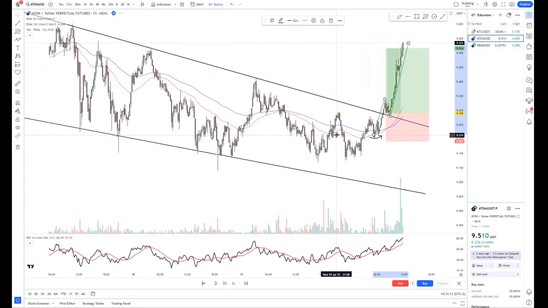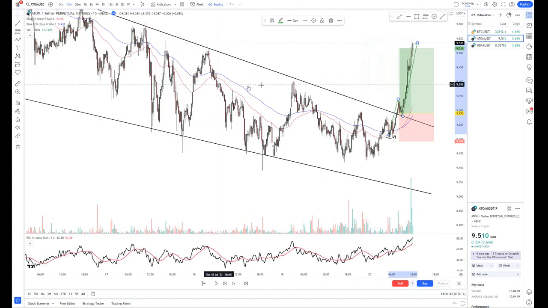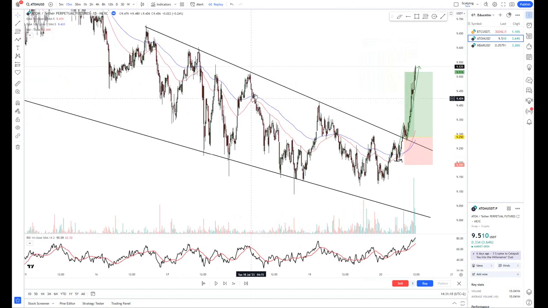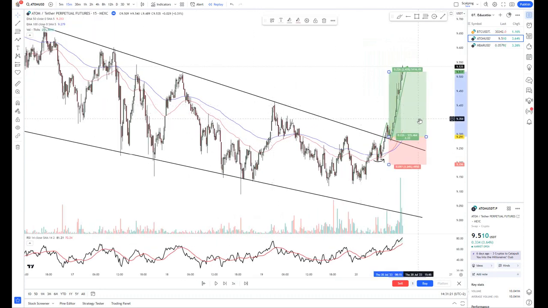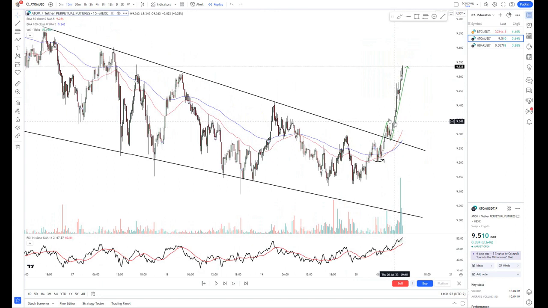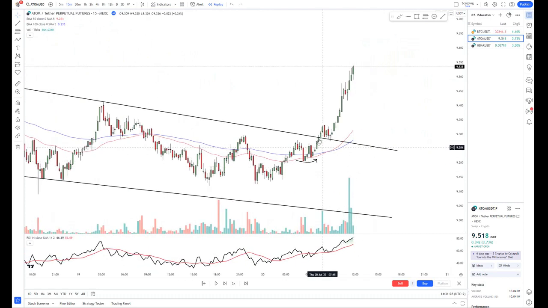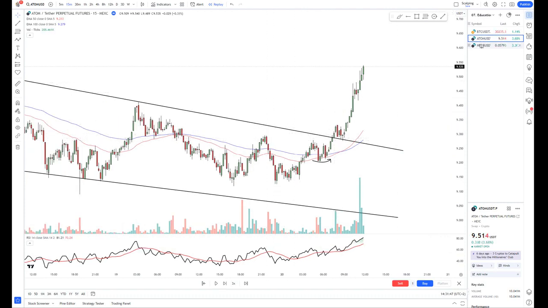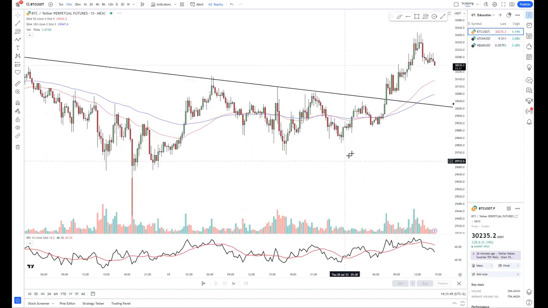Let's see if I can find a quick example of a deviation. The reason why I tell you guys to wait before entering a trade, to enter a trade on the third candle, is because sometimes you'll see that you have a breakout or a breakdown candle, but then it will deviate, so it will move back. The second candle will move back in or under the trend line or above the trend line. Let's see if I can find a quick